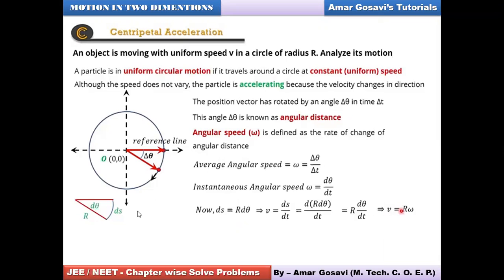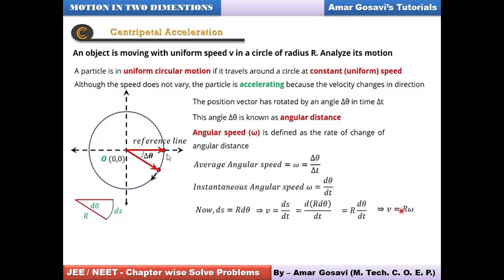I want to know from your side, are you okay till here? v is equal to r omega. Did you realize or understand how you got this relationship? Because this is a crucial relationship, I'm telling you. Sir, can you explain again? Because I am disconnected. Concentrate here now. Okay, I'm repeating it once again for everybody.